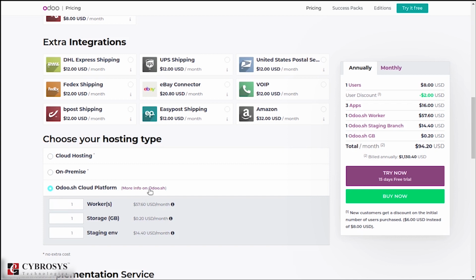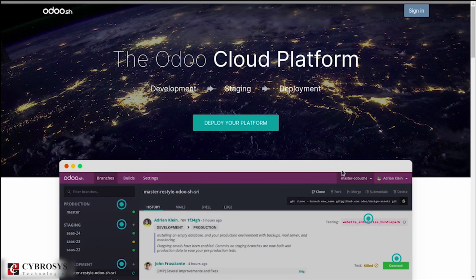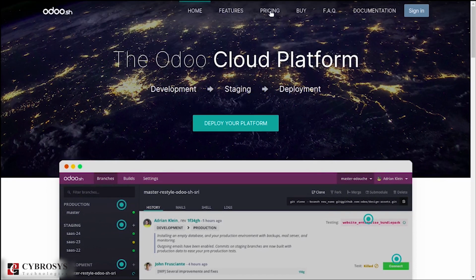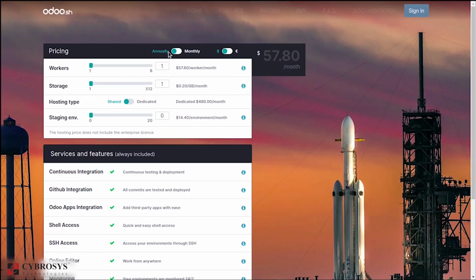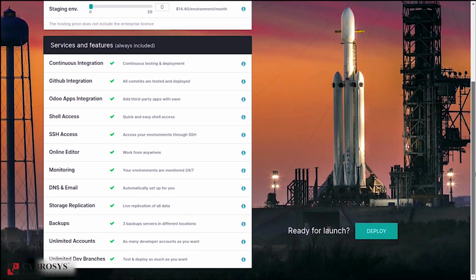For more information on Odoo.sh, you can go to the Odoo.sh site, where you will see the pricings which are done on different bases. From here also you can see for pricing both annual as well as monthly options are there. On the basis of workers, storage, hosting type, staging environment and all, we have these options over here on the pricing based upon Odoo.sh.